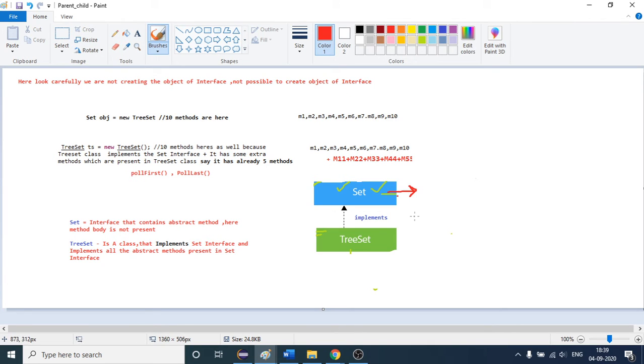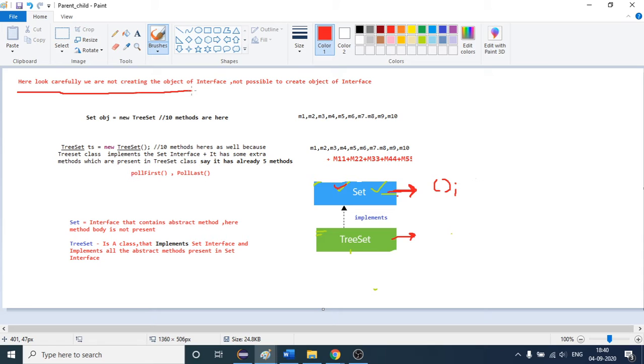You know that this is an interface, Set is an interface, and TreeSet is a class which implements this Set interface. Implementing means whatever abstract methods an interface has, where the method definition is not provided, the definition will be provided by this TreeSet class which implements the Set interface.